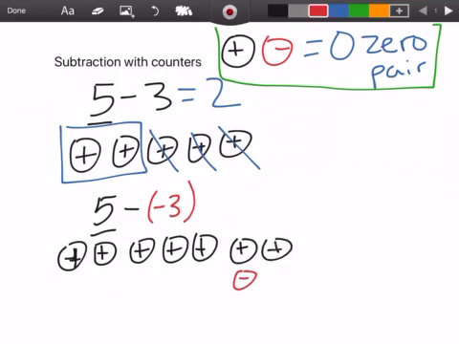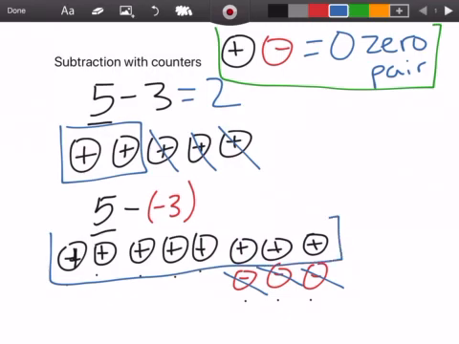Add another positive and negative. That's another 0. And then one more time. So what I have here is 1, 2, 3, 4, 5 positives plus 0 plus 0 plus 0. I have the number 5 still here. It just looks a little different. And now I can take away 3 negatives, and what I'm left with is all of these positives, which is